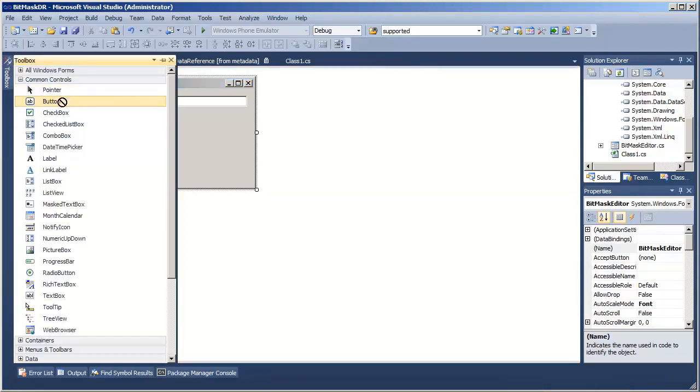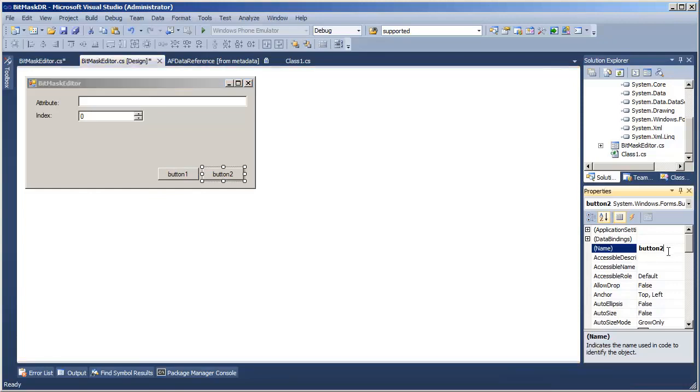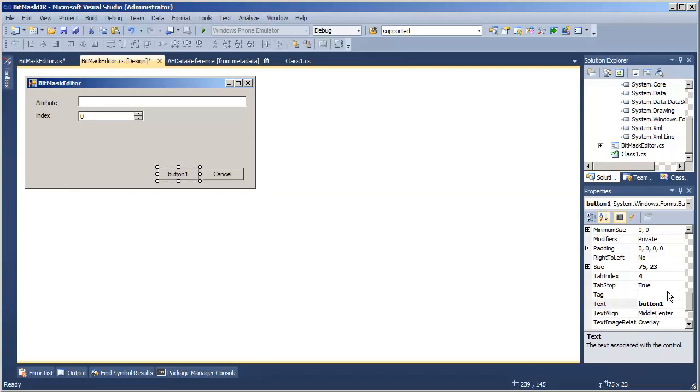It also stands to reason that I will need maybe a button for OK and a button for canceling. So I'll call this btn cancel. Give it a text of cancel. And make the other one button OK.